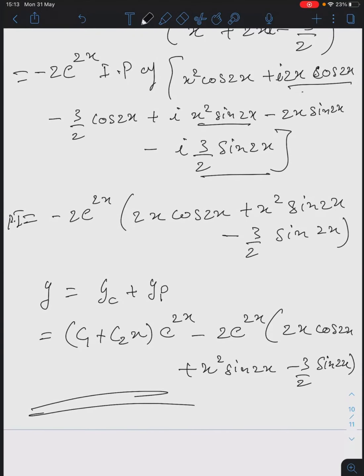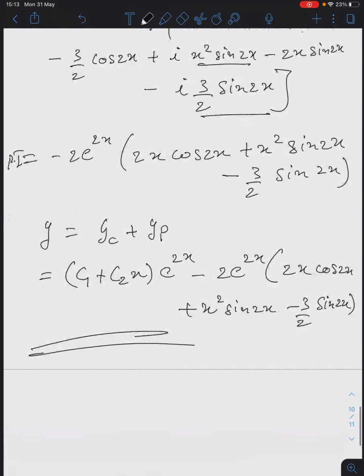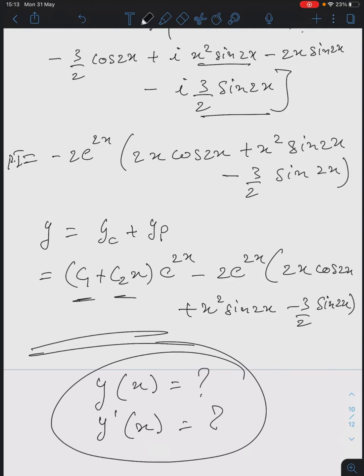Now suppose in the same problem, if I give some initial condition, then what you have to do? Initial condition means I need to calculate this C1 and C2. This is a second order differential equation. So y at some x will be given and y dash at some x will be given. This will be given to you. Okay. So these conditions you will apply on CF or this final solution you will apply, tell me, to get the values of those terms in the final solution.